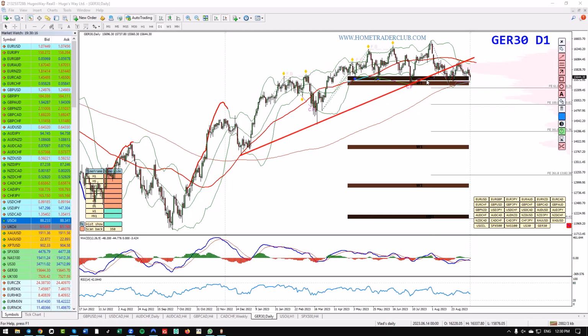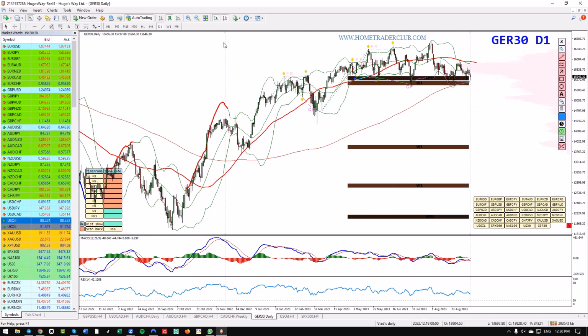Was broken down, retested, and so far respected and holding here. And as long as that is the case, that's where I think that the DAX is preparing the ground for potential further bearish continuation. Okay, so again, multi-time frame in terms of bearish divergences, and as per the setup, if